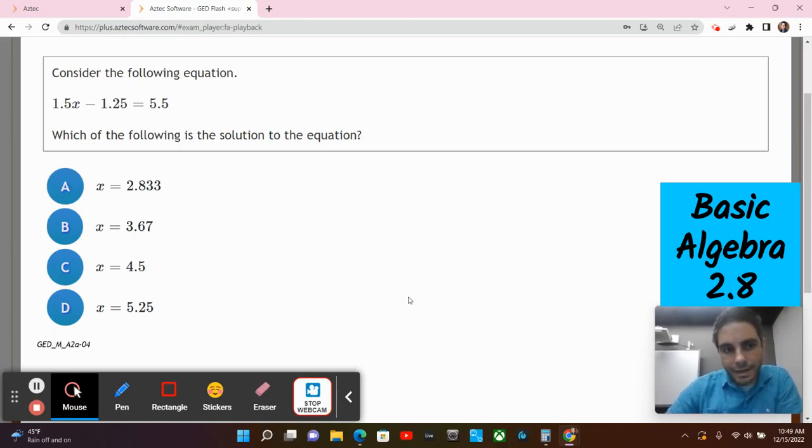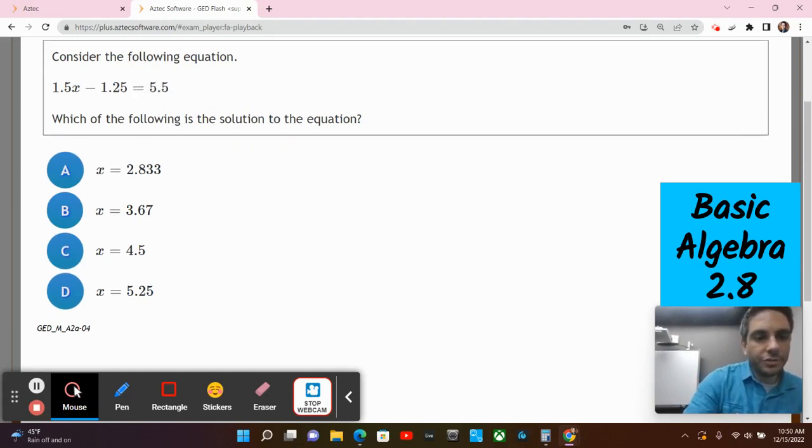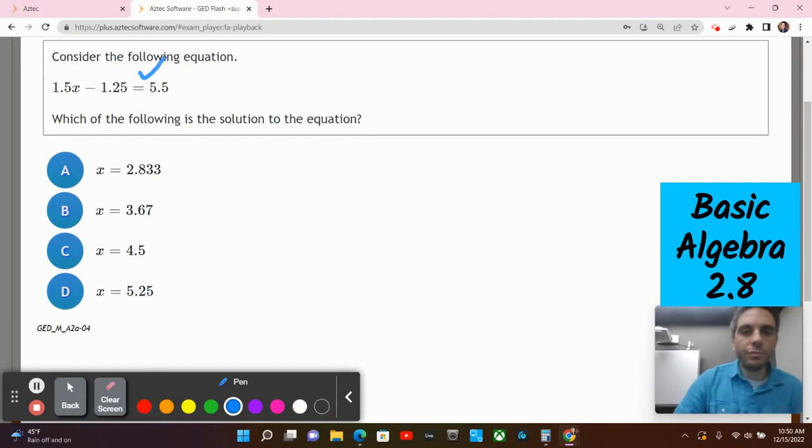1.5 times x minus 1.25 is equal to 5.5. Which of the following is the solution to the equation? And they give us four possibilities. What this means is that there's only one number that will make this equation true. There's only one number that we could put for x that will make that equation true, and that's what we're